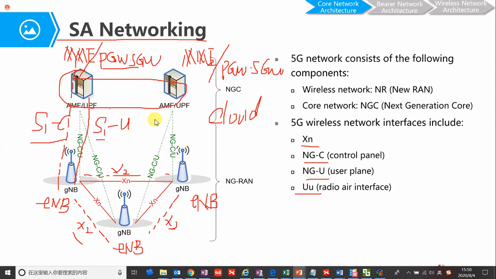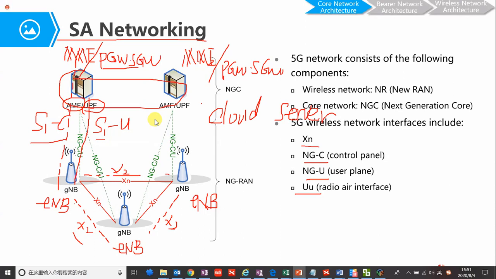F means function. AMF means access and mobility management function. UPF means user plane function. All the functions will be deployed on the cloud server. You know why the 5G network can support slicing. One reason is that the core network is based on the cloud.